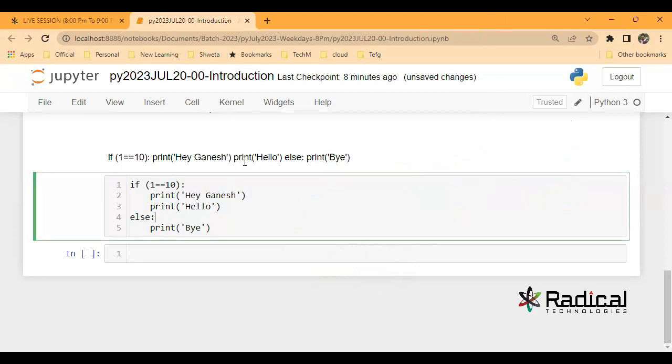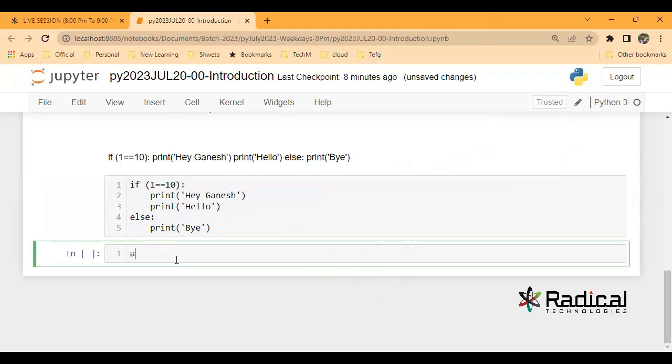Okay, and you know how to run the code. It is simple: we write it and we just go here. Suppose I have to write a variable a equal to 10. I do shift enter,